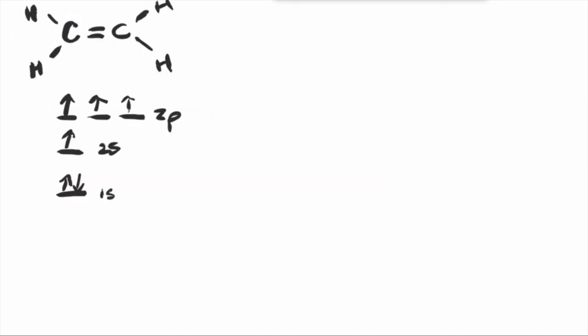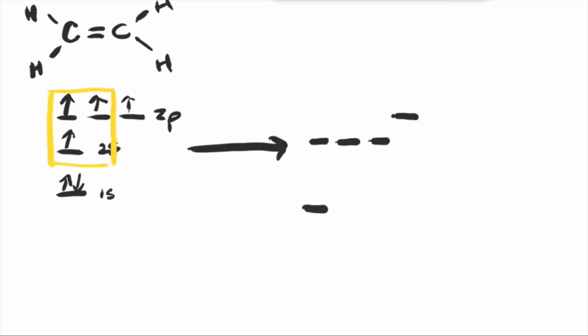Let's do this with another example, ethylene. Notice that in this molecule, carbon is bonded to 3 atoms. In the previous case of methane, CH4, carbon was bonded to 4 atoms. So instead of hybridizing all of the p orbitals and the 2s orbital, we only need to hybridize 2 of the 2p orbitals. Remember, we still have that 1s orbital that's unhybridized. And in this case, one of the 2p orbitals is going to remain unhybridized.